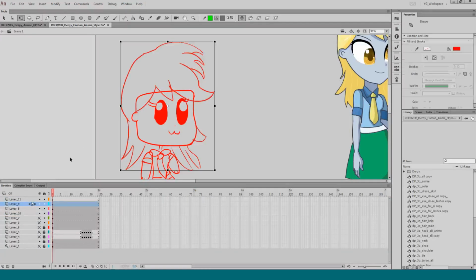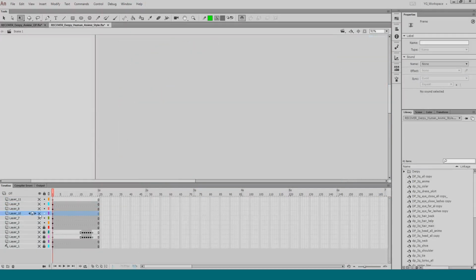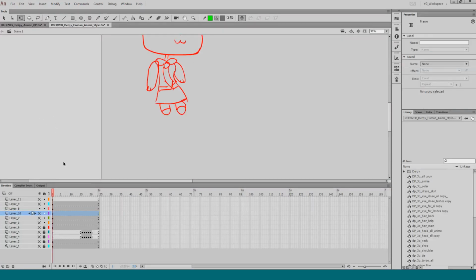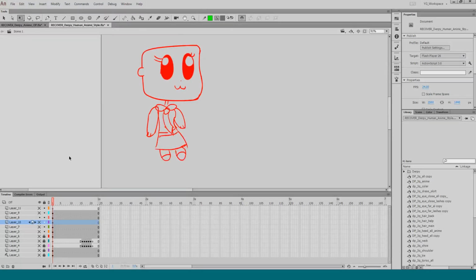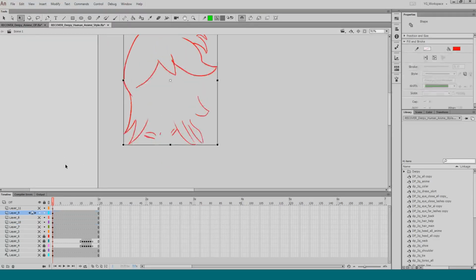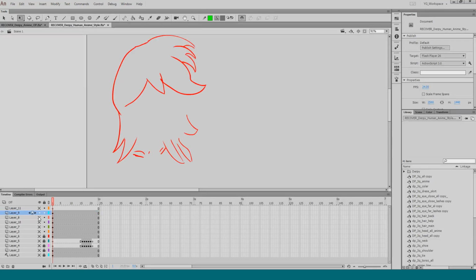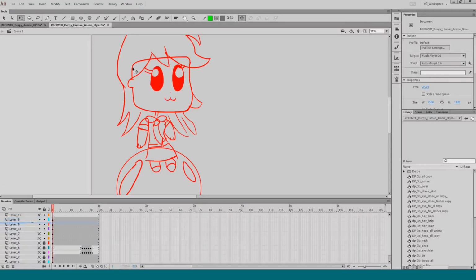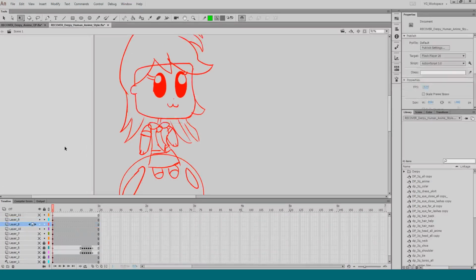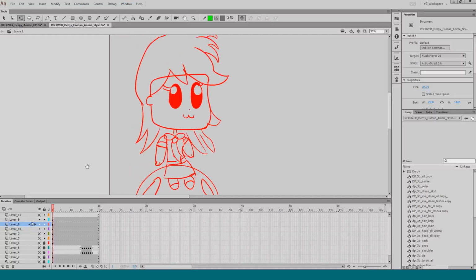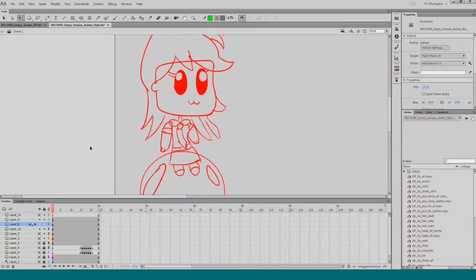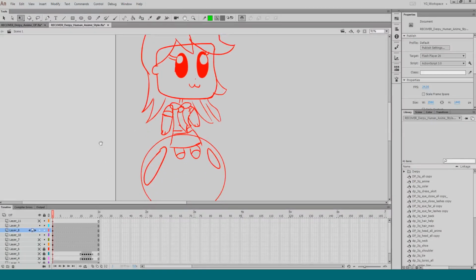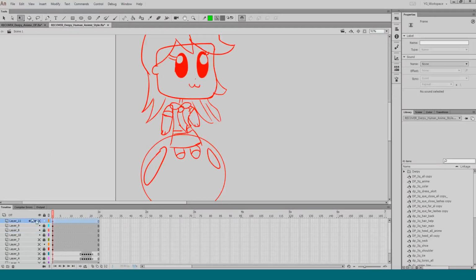Let's see where you are. I put it on 3 layers here, because I knew that it would be with my sketch, that I might want to change bits as I go. Like maybe I wanted the hair to be different, but because it would have been on the same layer, it would have been tricky. And I could see my symbol for the head, what kind of size that would be. Might make this into different symbols too, because I wanted to animate it maybe. And in the long run it'll just be easier anyway.